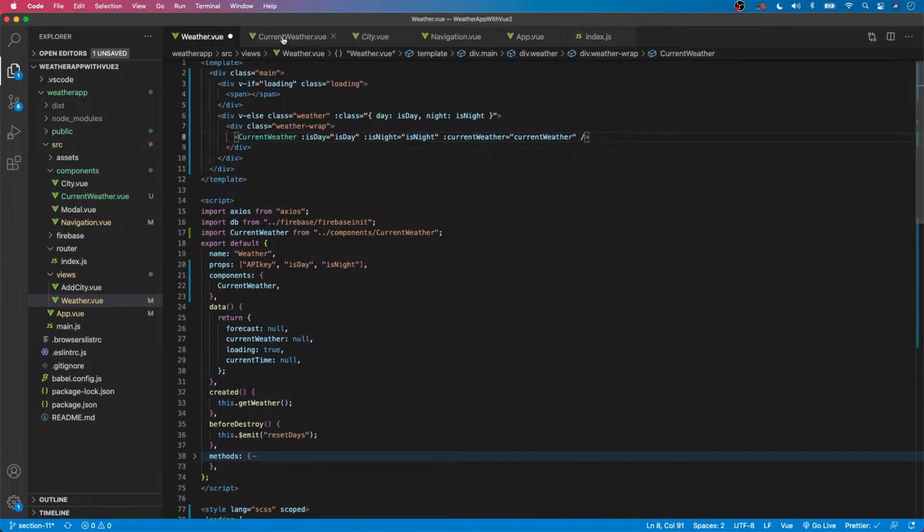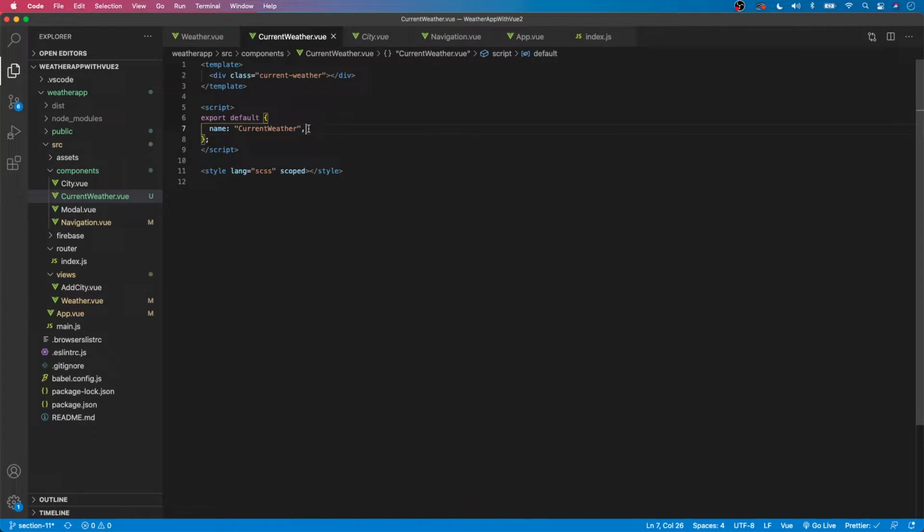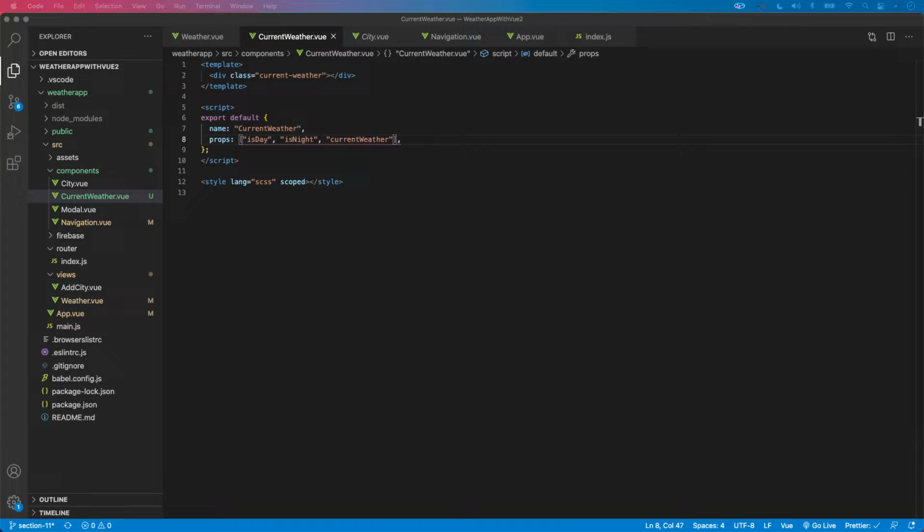So if we save this and we head over to our current weather component, we want to accept these, so we'll say props, and we'll say isDay, isNight, and currentWeather. All right, so now inside of our current weather component, let's begin to work on the markup